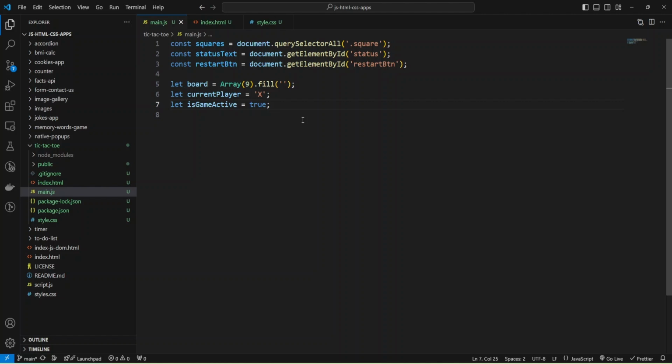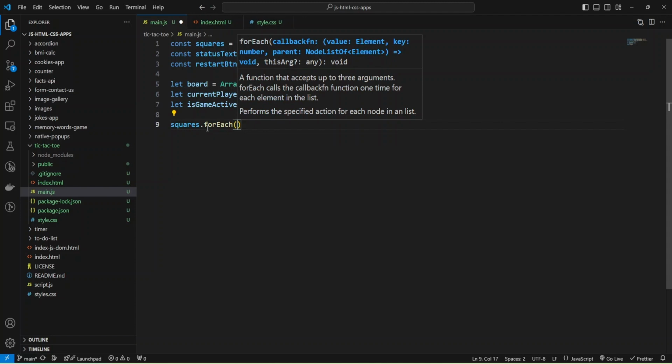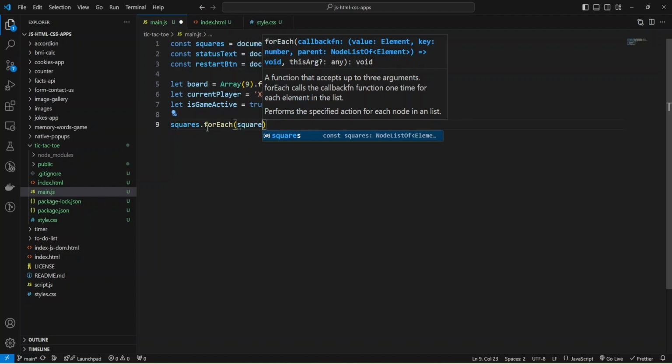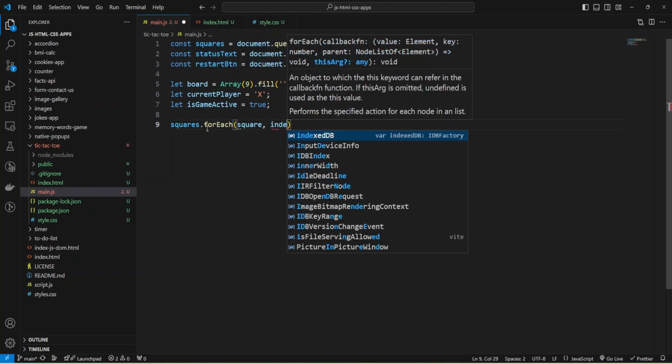And now we can add event listener to each square, and for that I'm going to use for each method that will iterate through squares, and for each square, and also index.